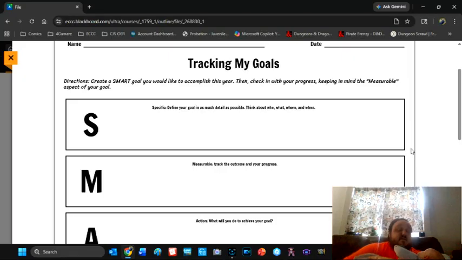So, SMART goals are S for specific. That is one of the most important things with any kind of goal setting: you don't want the goals to be broad and generic. You don't want it to be, get a job. Okay, well, that's pretty broad. Get a job in what? Because if it's just get a job, then you can apply to Walmart.